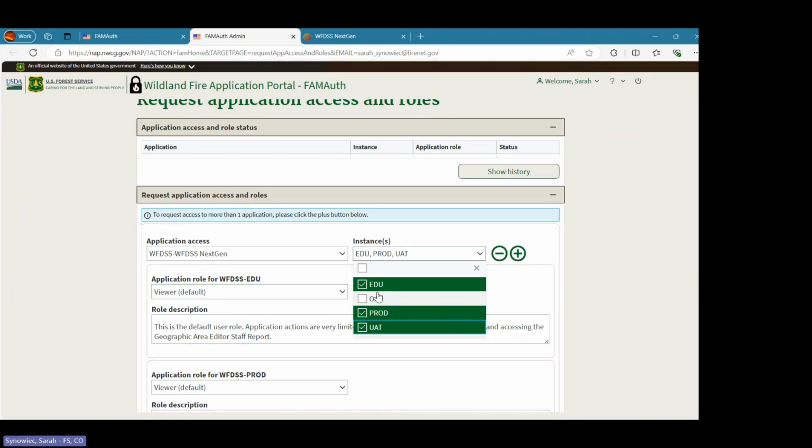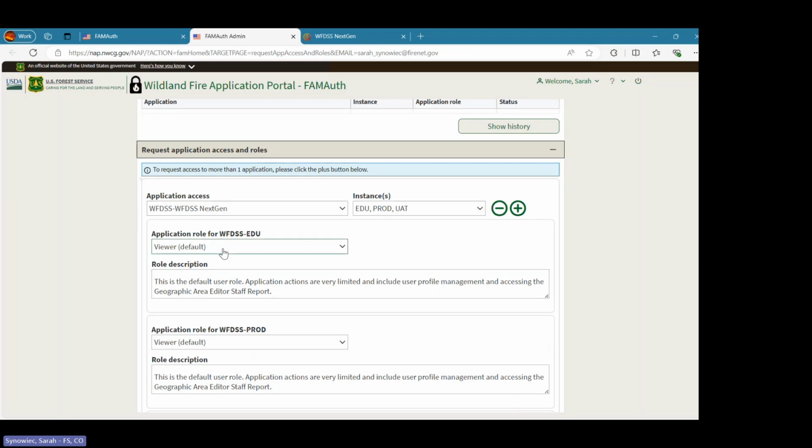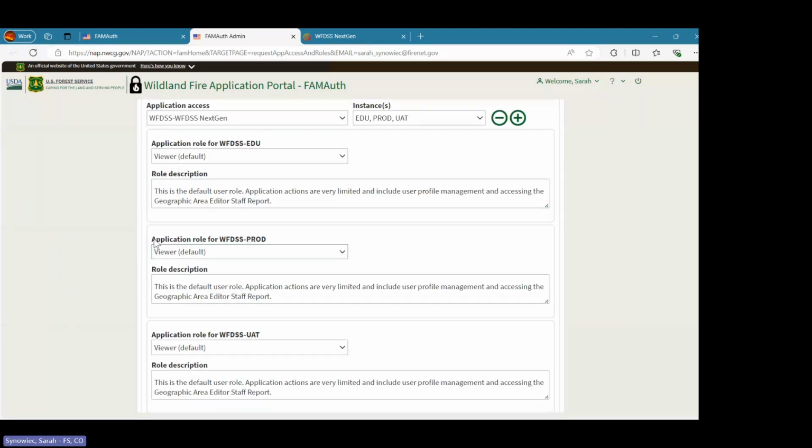What I want everybody to do, and this will ensure that you can seamlessly interact with WFDS Classic now that they've moved to this new system, is leave your application role for EDU at viewer. And we'll send out communications in January on when we're ready to allow users into this training environment and how to request new roles. So we're going to leave EDU as viewer. For WFDS Prod, we're also going to leave that as viewer. And so that's going to take you to the live